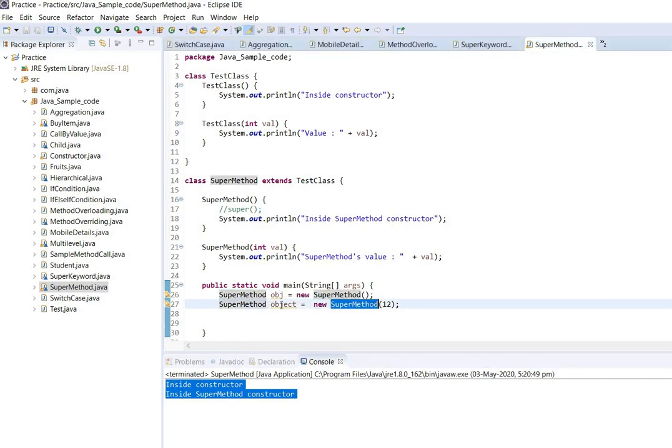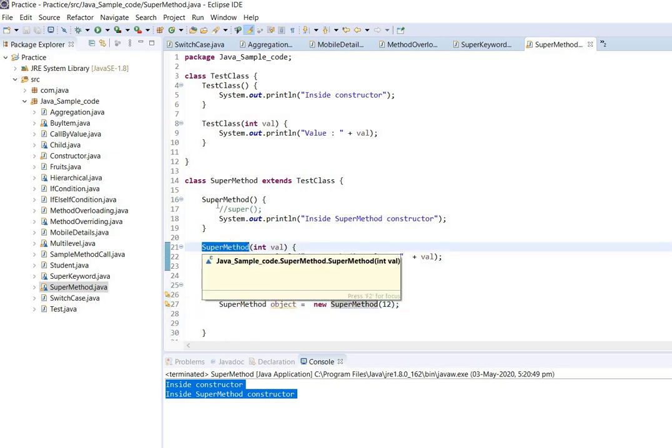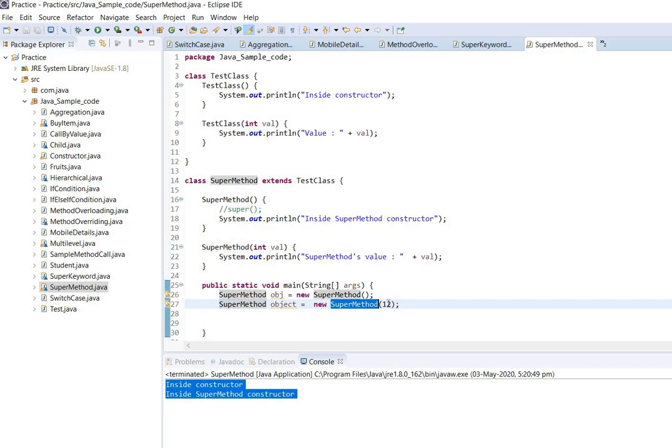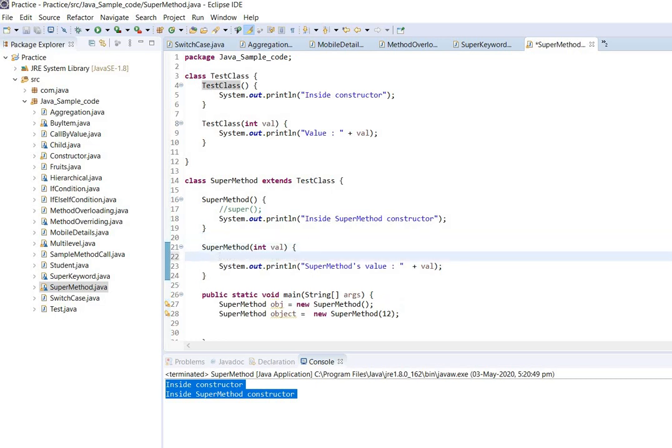But what happens when this object gets created? We are passing 12, which means first it will invoke this constructor, because this is the parameterized constructor. But again, it will not directly print this value. First it will go to this constructor, because again the super concept will be applied here internally. This constructor will be treated as super, then this statement.